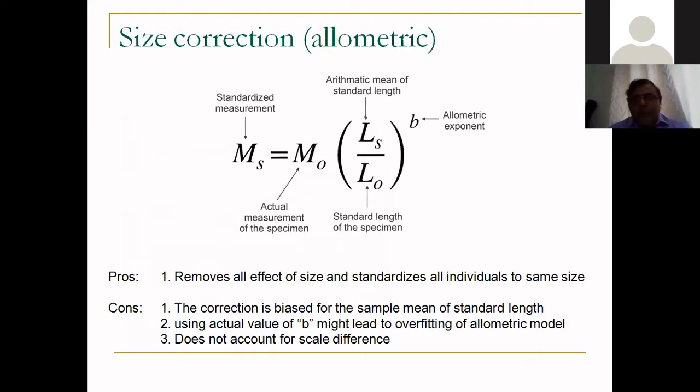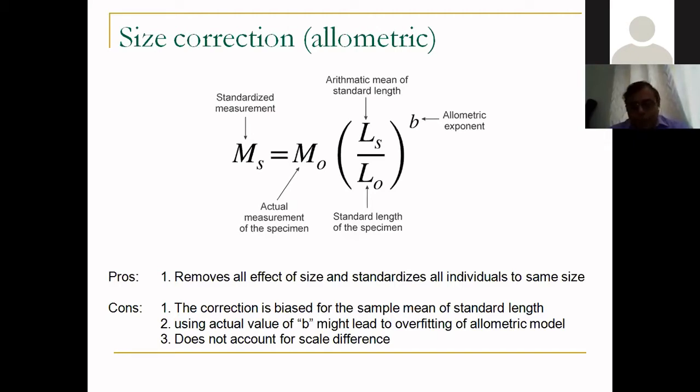Now, because we know that these two measurements can grow with an allometric exponent of 1, the first thing we'll try to do is size correction of our data. Now, why do we need to do size correction? Once you collect your morphometric data, you'll realize that your data is significantly correlated to the size of an organism. If the organism is small, things like head and everything else are going to be small. If the organism is large, all the different values will be large. So you have to remove the size effect. Otherwise, when you are comparing the organisms, you might feel that all the larger organisms are different from all the smaller organisms, and that makes no sense.